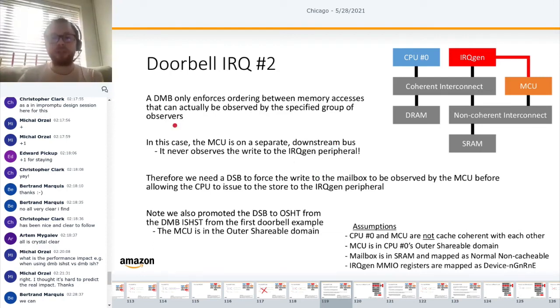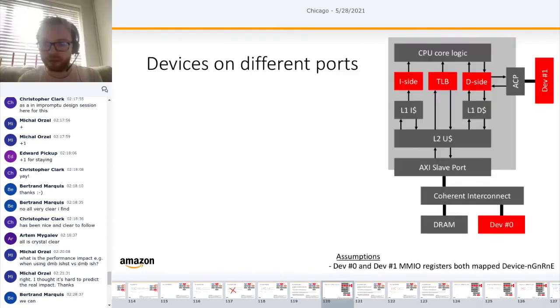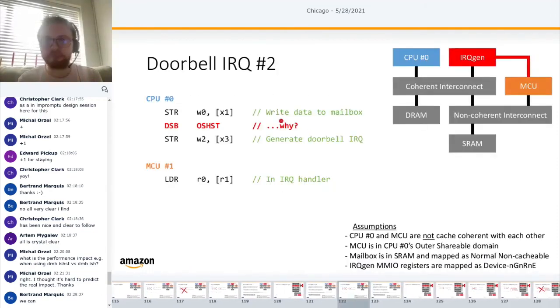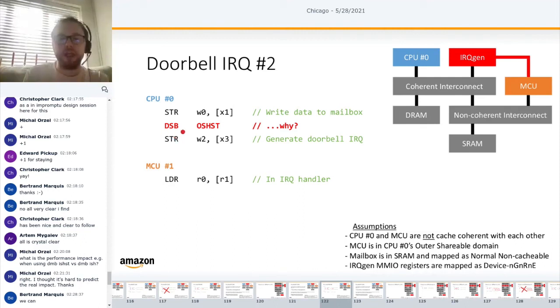Even if I did a DMB SY, right, which is full system, it doesn't matter because the MCU cannot observe that access. Okay, that means I need a DSB. Remember what the DSB does? It's basically stalling my pipeline until the observers observe it. So if I jump, remember, I need to go back, sorry, this way. Okay, so I need to do a DSB, and the reason I do the DSB is because what that guarantees